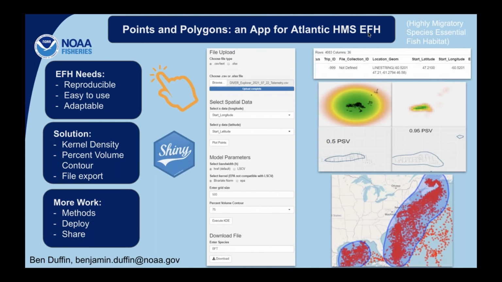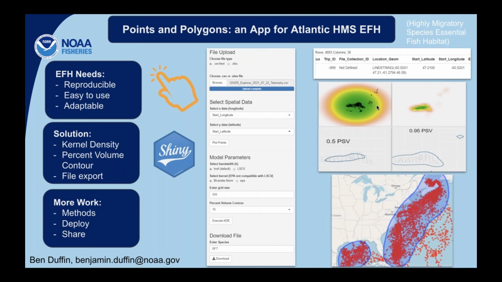And I'll just take a minute to talk about that center column, which is the sidebar on the app, and you can see at the top it's got options to upload CSV or Excel files. In the app, I couldn't put a whole screenshot, but you get an idea of it: it'll give the user a glimpse of what their data looks like. And they'll be able to select whatever spatial data those columns are that represent the lat and long. And you can see that down towards the center top of the middle column.